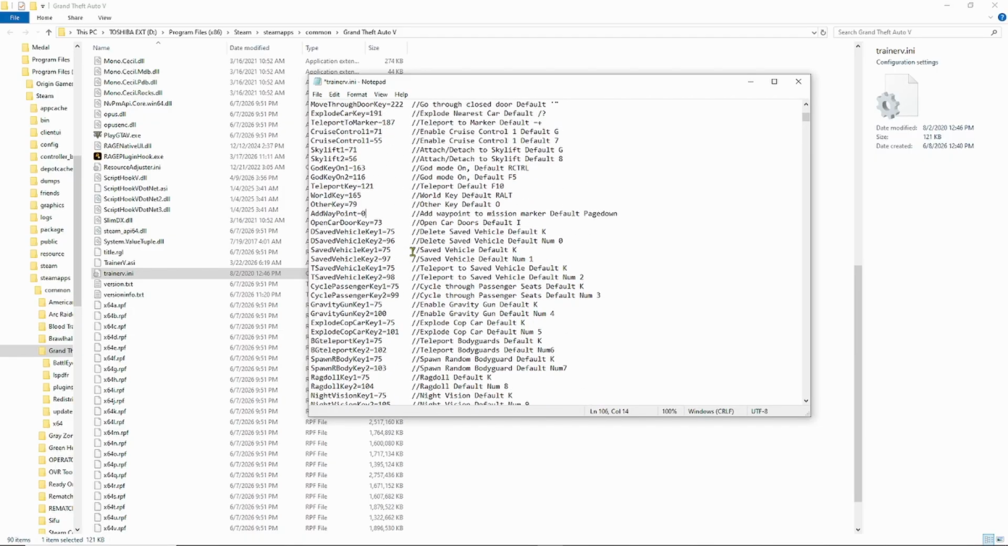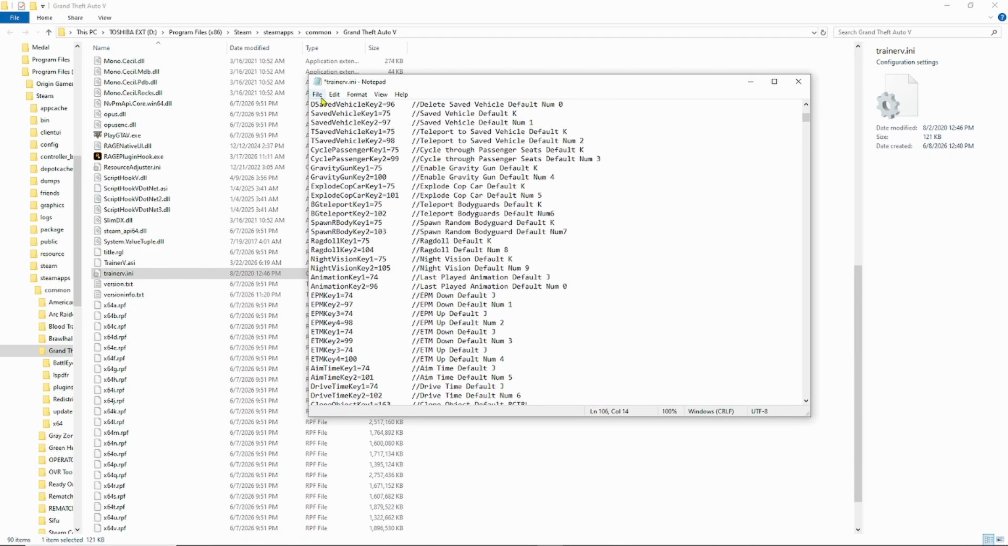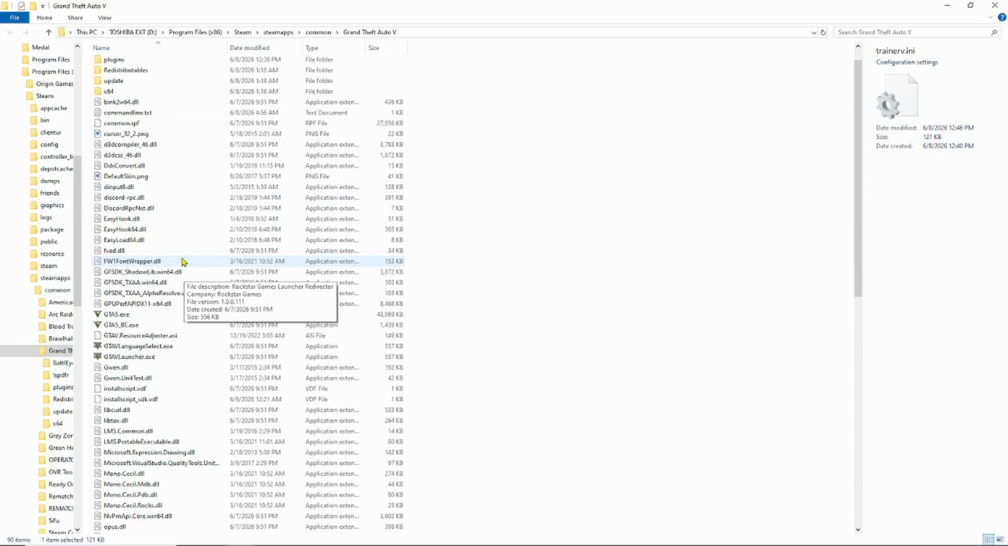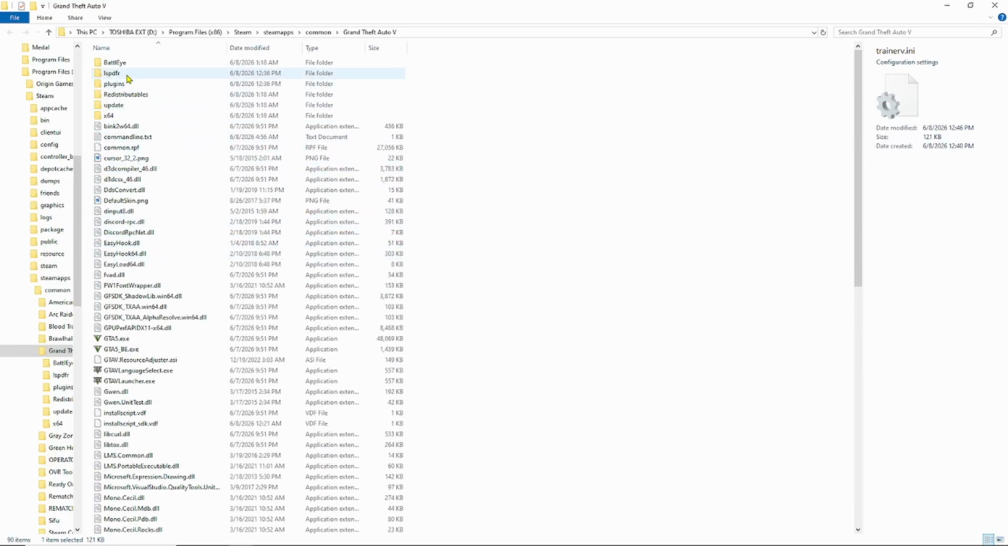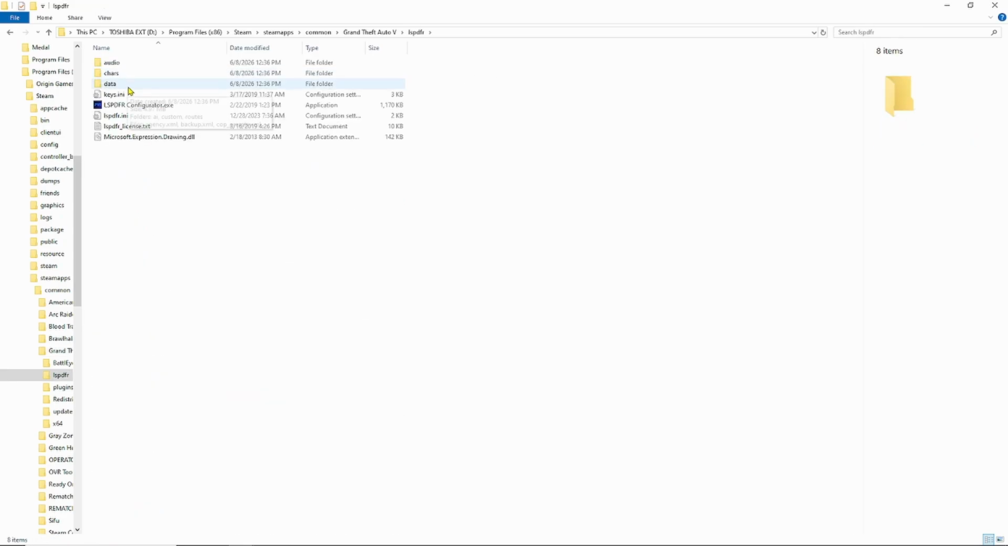We do not need that. We do not need that at all. All right, from here, file, save, and go ahead and exit out. The next thing we need to do is go to our LSPDFR folder, and then we need